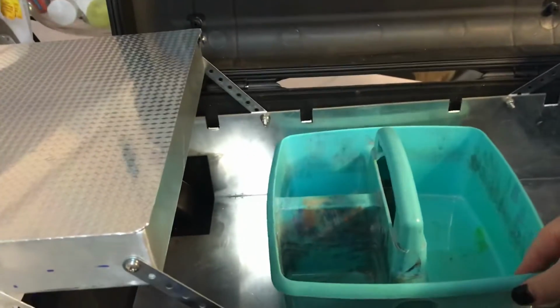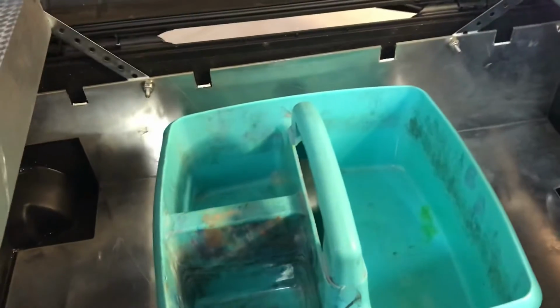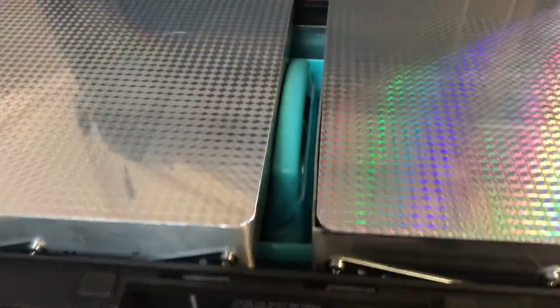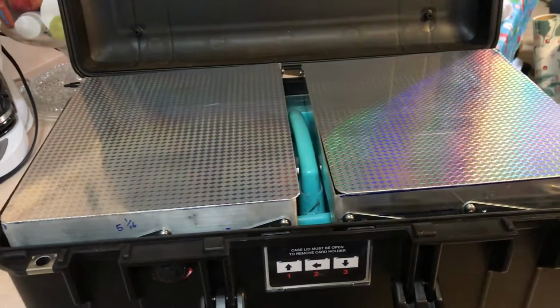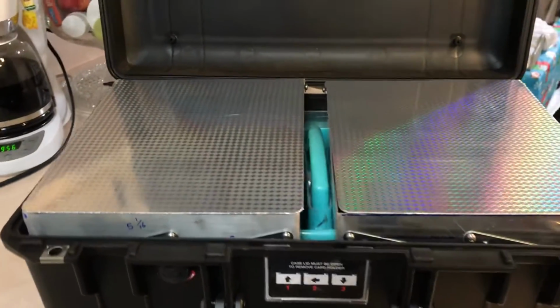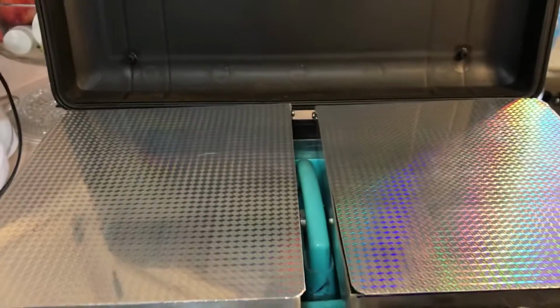So this is the water basin that I use. It's a three space water basin, and when this is closed, it leaves enough space for the handle. So one of the things that I couldn't do with my previous kit was leave the water basin in it, so I had to constantly have a secondary piece of equipment. So I'm looking forward to being able to just, everything is self-contained,